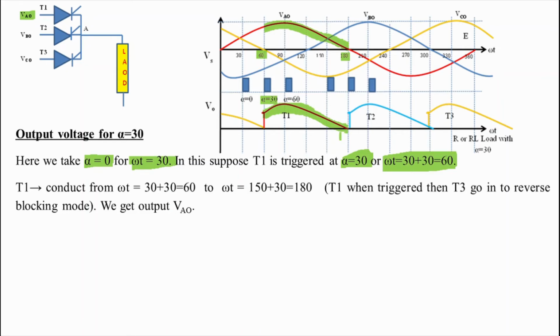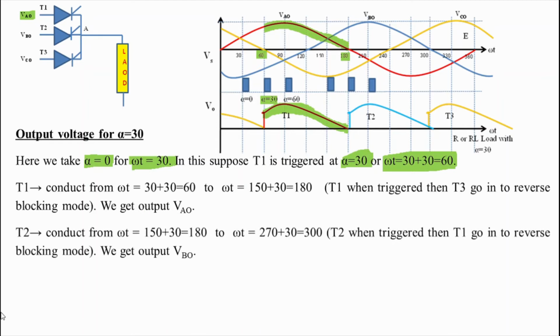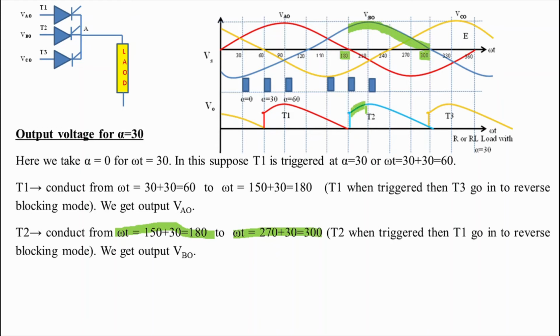Now see, when thyristor T2 is triggered, it will conduct from omega t equals 150 plus 30, that is 180 degree, to omega t equals 270 plus 30, that is 300 degree. And when T2 is triggered, then T1 will go into reverse blocking mode automatically. So when T1 goes into reverse blocking mode and T2 is triggered, we start getting output V naught equal to VB naught, because VB naught is applied to T2, and we get this output voltage VB naught from 180 degree to